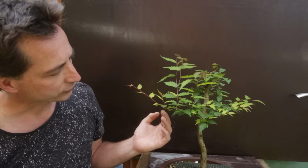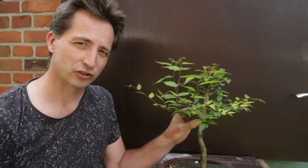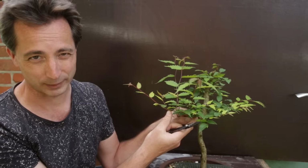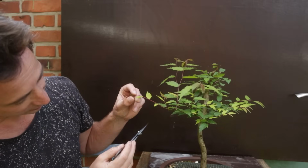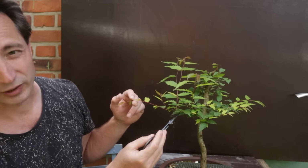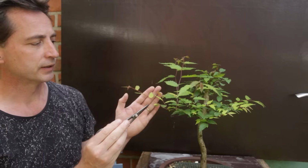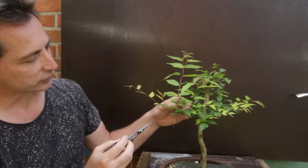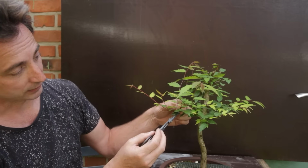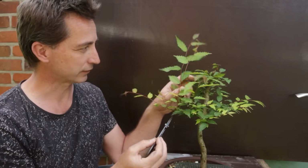I don't need all of them. I need to decide, do I want taper in my branch to develop or do I want the whole branch segment to fatten up? Because this branch extension sits at the end of the branch, right? This is clear. As this extends, this fattens up and therefore this whole branch fattens up equally. However, if I now take this one, which sits a little bit further back, everything between the attachment of this sacrifice branch here